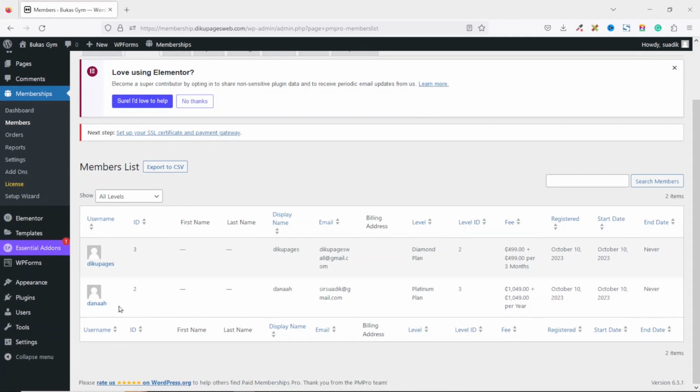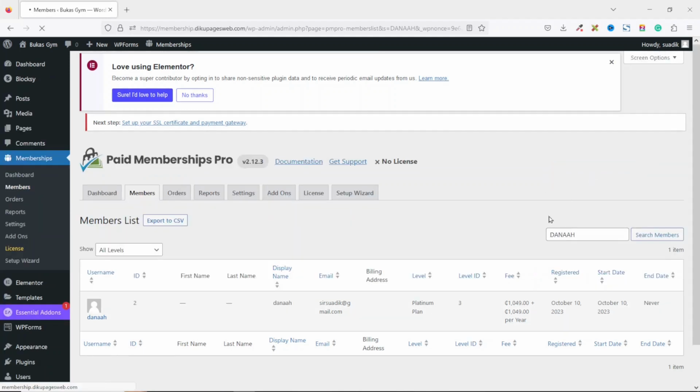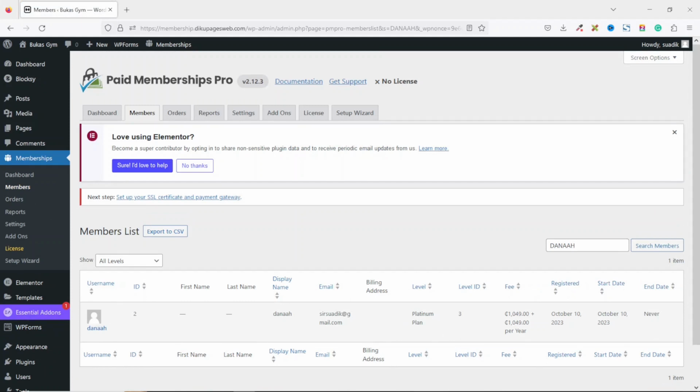So for instance, if the membership for this member is expired, there are so many parameters you can use to check for their status. You can check them by username or by email. So if I enter in the username of the customer, hit enter. It will filter only the user and you'll be able to determine if the membership is expired or not. Automatically, when they renew their membership, you will see the message as well indicating that they have renewed. So you don't need to bother them by